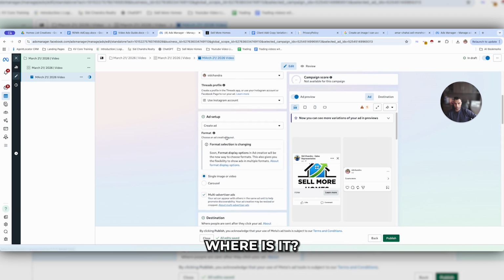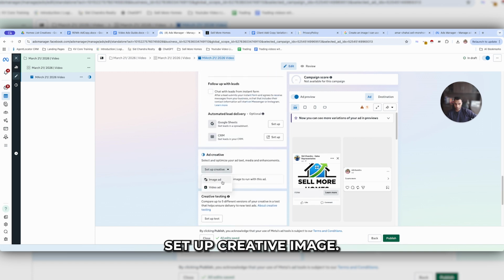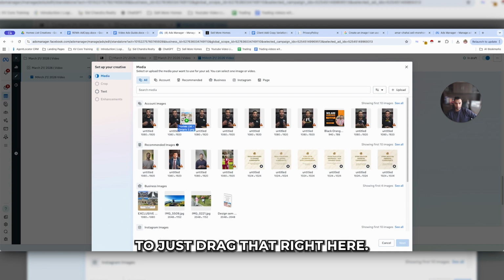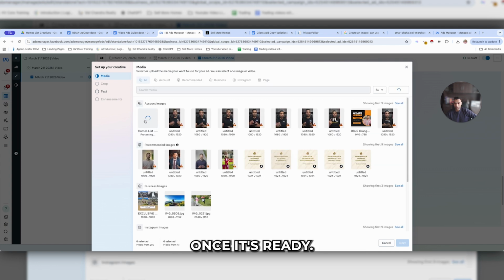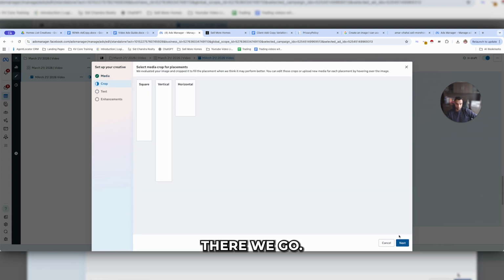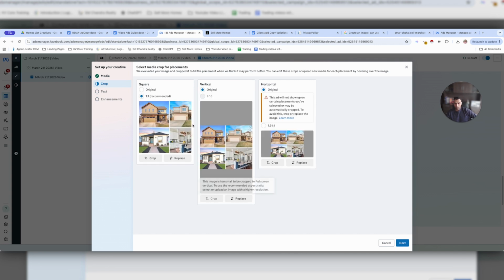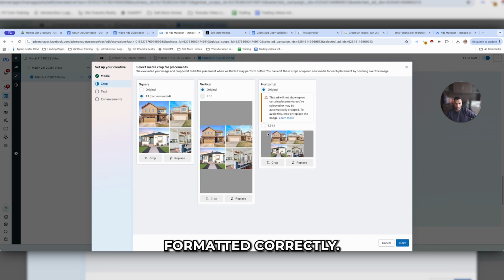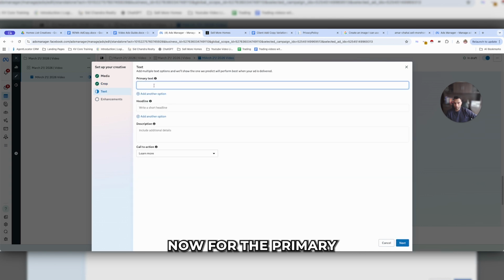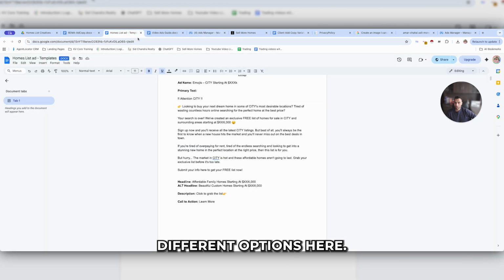Where is it? There we go. Setup creative, image add, and then I'm gonna just drag that right here. Once it's ready, there we go. Select that. Make sure it's formatted correctly, right? Like this here, that's okay if it has a few bars on the side, as long as it's not cropped or blocked off completely. Now for the primary text, headline, and description, I have a few different options here in